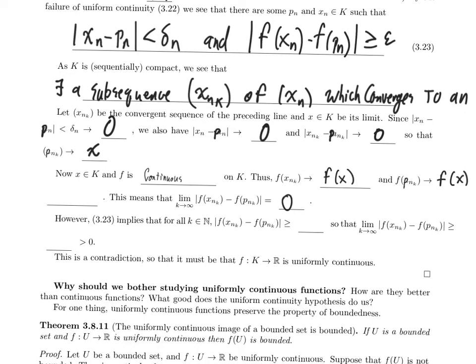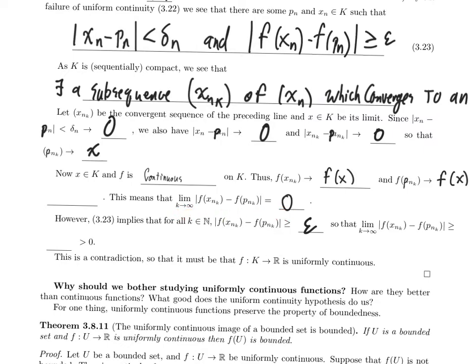Great, well now we'll get basically the exact same contradiction as before. The absolute value of f of x sub n minus f of p sub n is greater than or equal to epsilon for every n. So it follows that for every k, the absolute value of f of x sub n sub k minus f of p sub n sub k is greater than or equal to epsilon, so that the limit, which, well, we know it exists, we